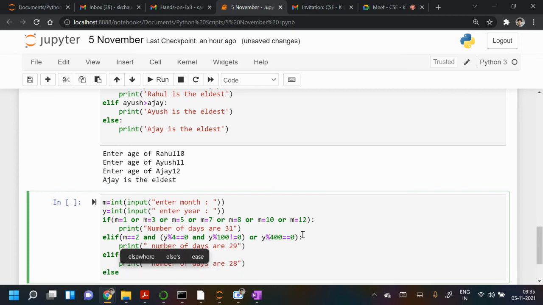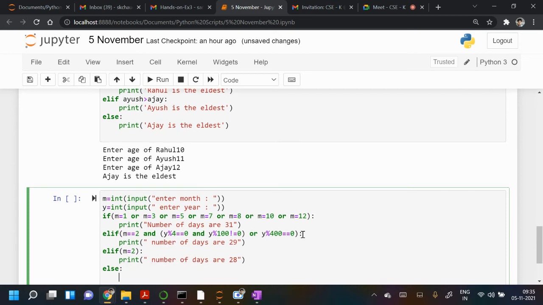So in the else part, either the month can have 31 days, or 29, or 28, or else the part is 30. The else part will be number of days is 30.